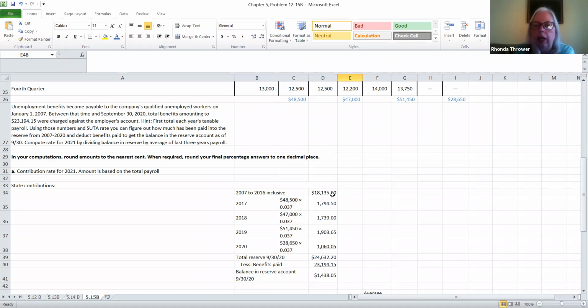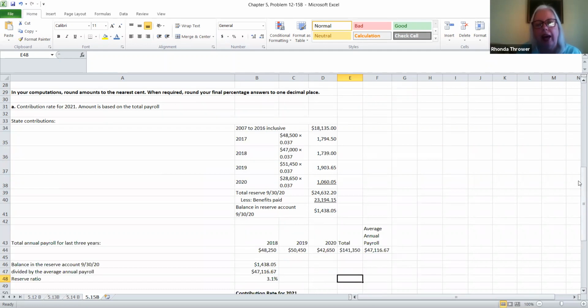So this amount was given, add all your contributions to it, your total reserve is $24,632.20. You're going to subtract out the benefits paid. That will give you the balance that is in the reserve account, which has to be divided by the average